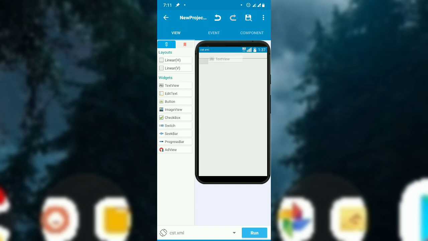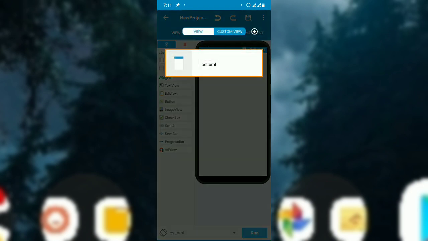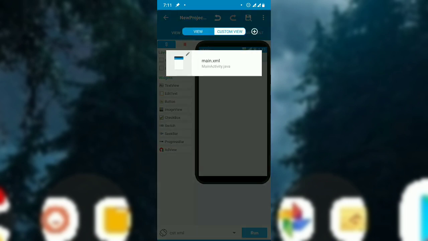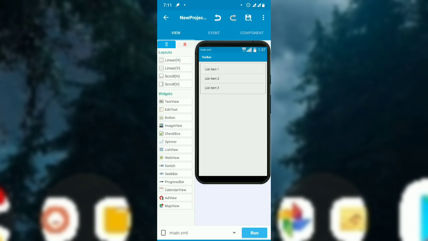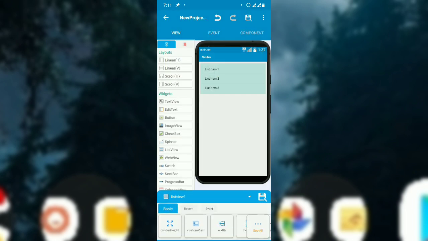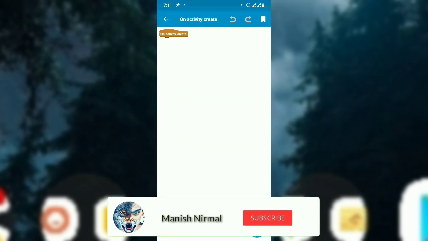So linear one is the main linear of the list. So remember that linear one should be the main one. If you rename it in the custom project, you have to put the custom renamed ID to the code I am putting now. So this is a list view. Now I have to put the custom view to it on bind, yet not,